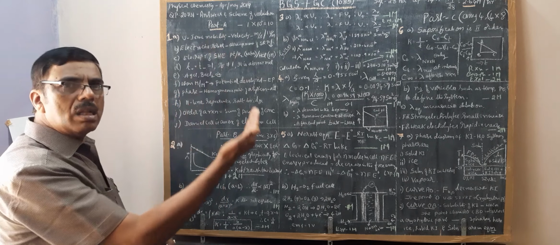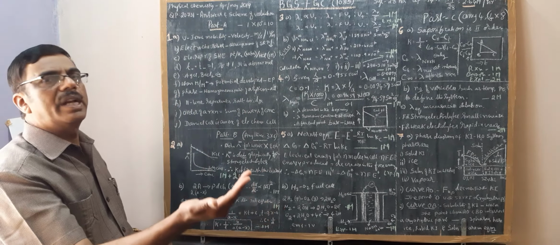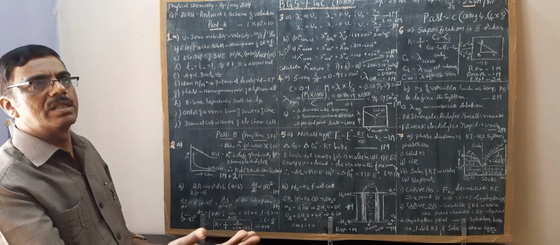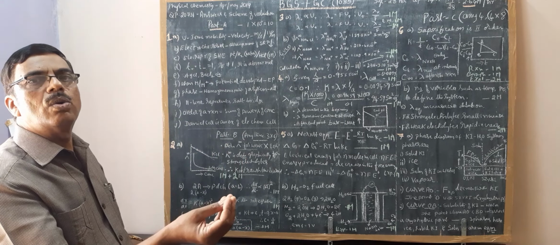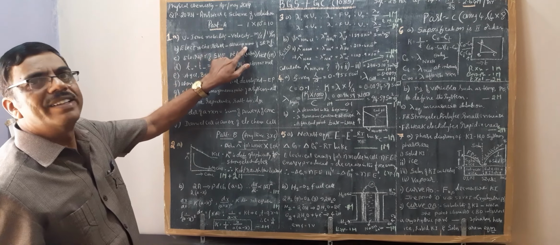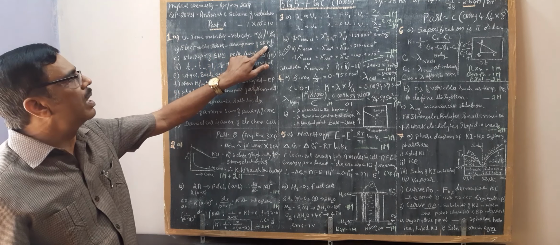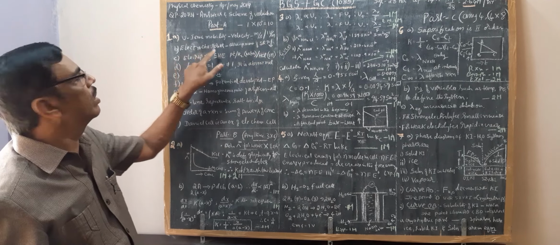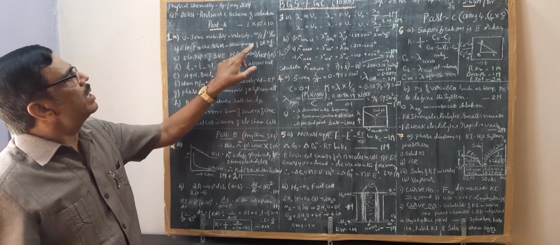You arrange all the reduction potentials at standard conditions, 25 degrees centigrade, 1 molar solution and 1 atmosphere pressure. So this standard reduction potential of all the electrodes will be arranged in decreasing order. That arrangement of standard reduction potential of all possible electrodes in the decreasing order of the standard reduction potential is called electrochemical series. So you have to specify there the arrangement.